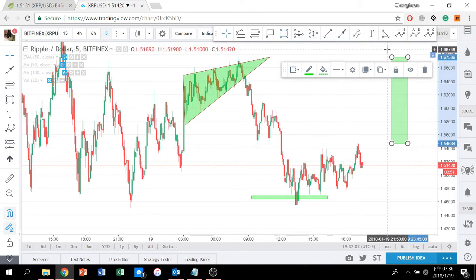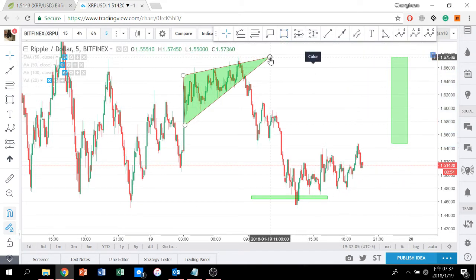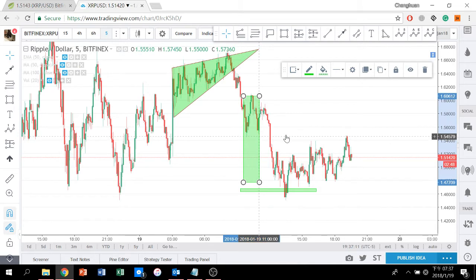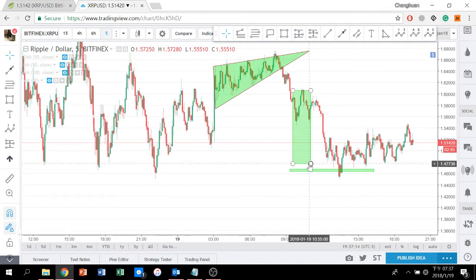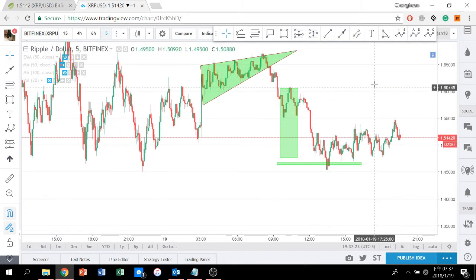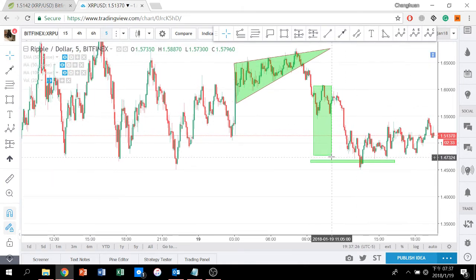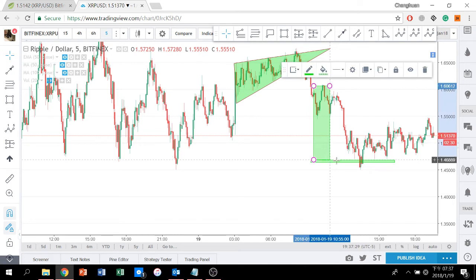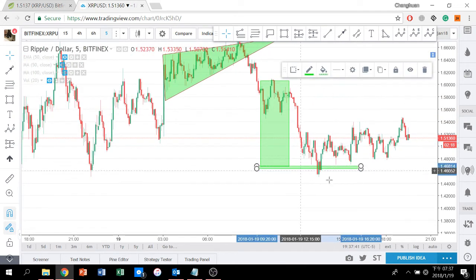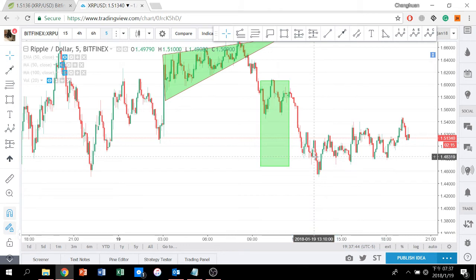So this height, the y-axis, the height of this box is the height of this leg, right? And if we place it to here, we could expect a buy zone here, right, at the end of the box if we expect a one-to-one movement. But also, why do we know it will drop down to here? Because we know that we're in a bearish market. What that allowed us to do is to extend our box a little bit with a little bit of confidence. Because what do we think? We think that people are going to panic, and it's going to be even more than a one-to-one movement. We believe that people would dump even further than a one-to-one leg, right?